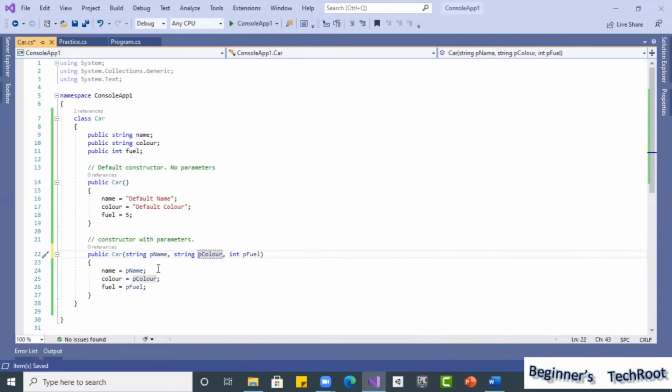Here parameters are used, and the parameter values, whatever comes, I am assigning to these fields: name, color, field. You can observe I used parameters with just P to indicate them as a parameter.